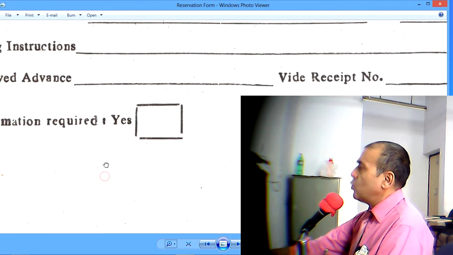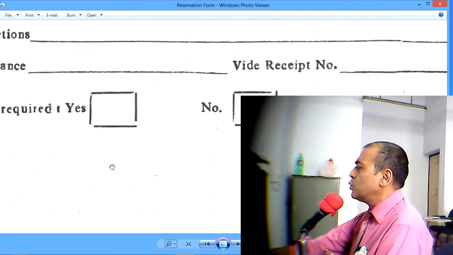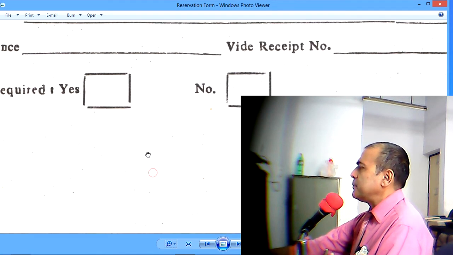And if the guest wants a confirmation, then a letter which is auto-generated by computers must be signed. All the guest reservations must be checked once again, and then it should be sent through post or through email.